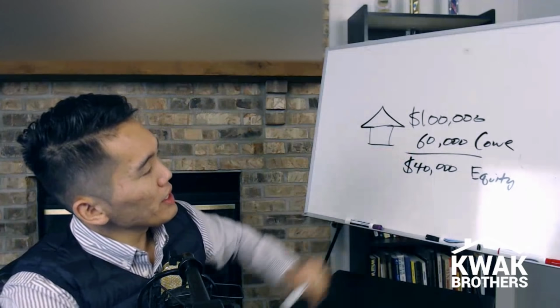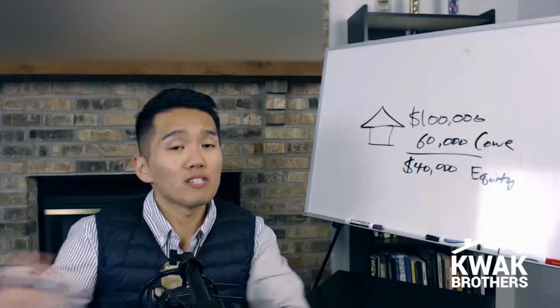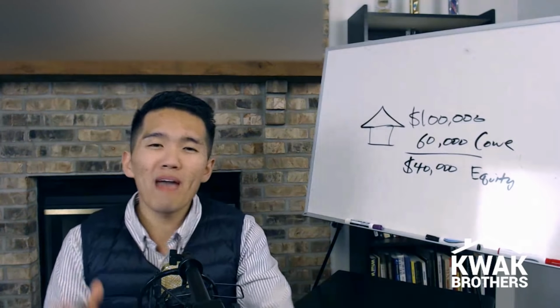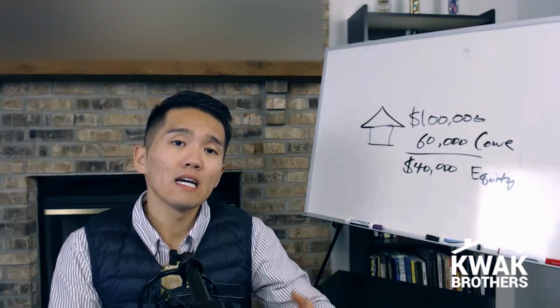So a couple things as far as pros and cons. The pro is that, again, it goes back to flexibility. You can use it, pay it back, use it again, pay it back. It's that flexibility that allows you to kind of control and manage your cash flow. Now the con is that typically the interest rate is higher than your traditional term loan, and it tends to